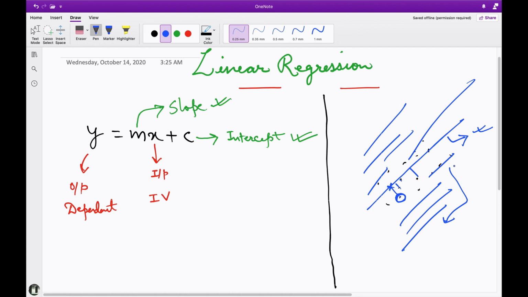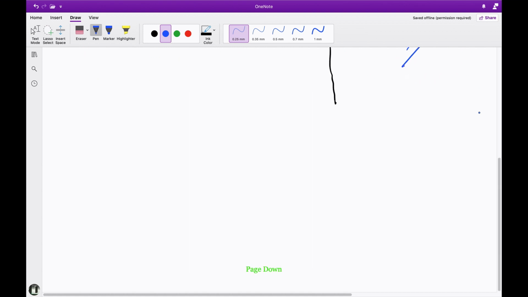Now I will go with the basics, like how we get this best fit. Consider we have two data points like this, and if I ask you to draw a line which would be closest to these two points, then what will you do? You will simply draw one line which would just pass through these data points, right? Then you would say this is the closest one because it is exactly passing through these two. So here the error will be 0.